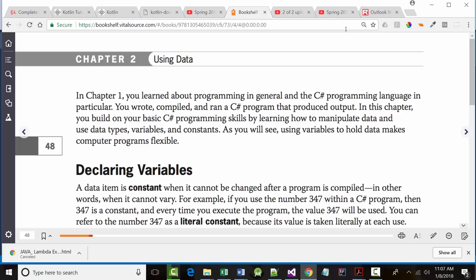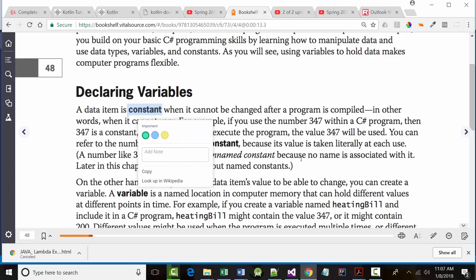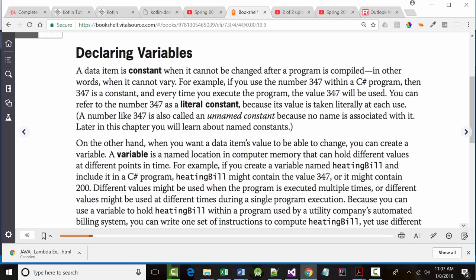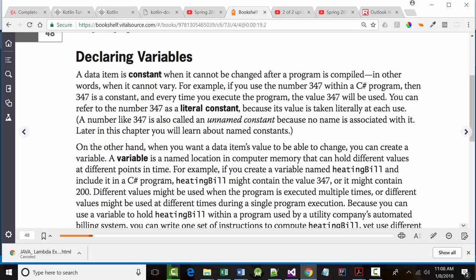All right? So, a constant, you'll see in just a minute, is something whose value cannot change once it's been set. If I do this, if I say... no, they don't show an example here. I showed you this before. So if I come in here and I type in, don't worry if you can't see it that well, int